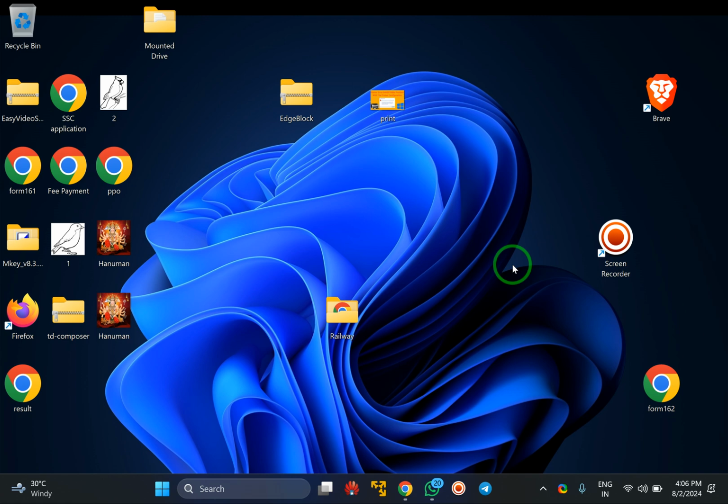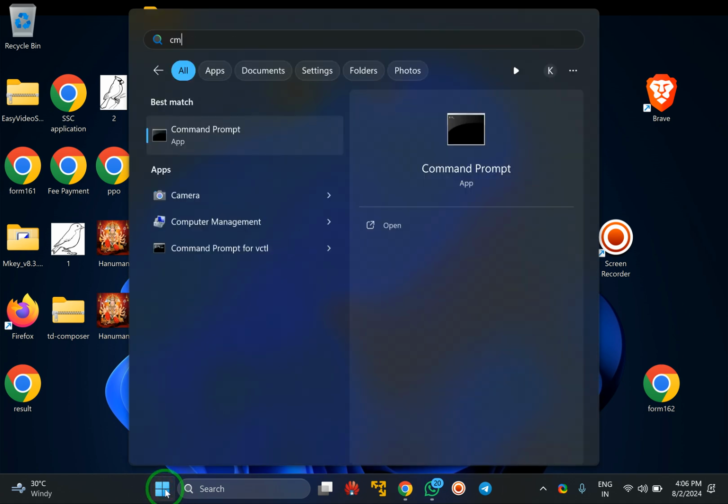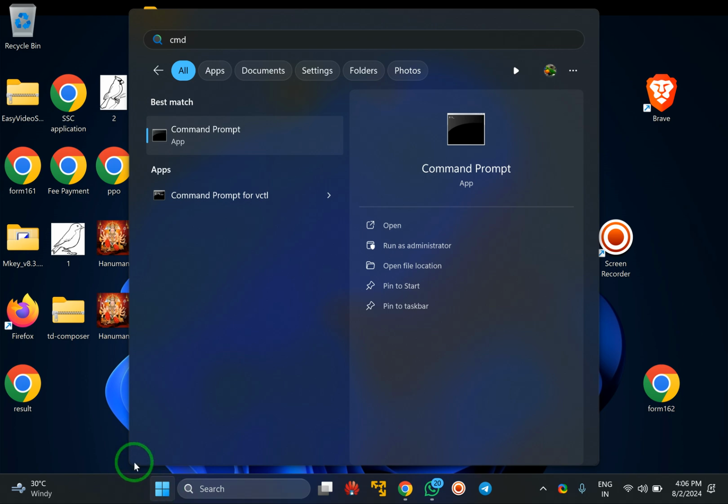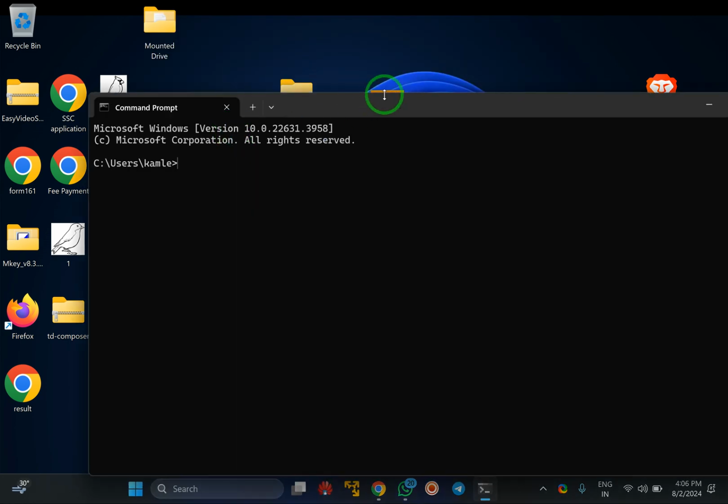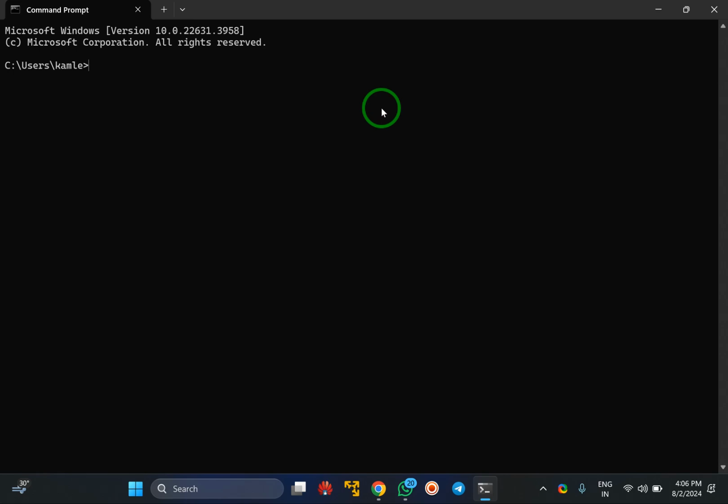To mount any folder, first open Command Prompt or PowerShell. For that, click on the Start button and type here cmd or PowerShell. After that, click on this entry. Once Command Prompt or PowerShell opens, you need to type subst, a space,